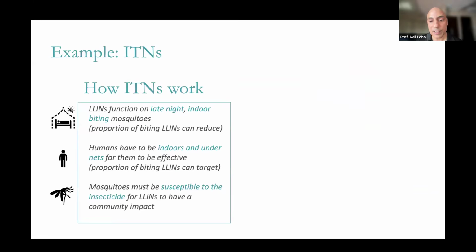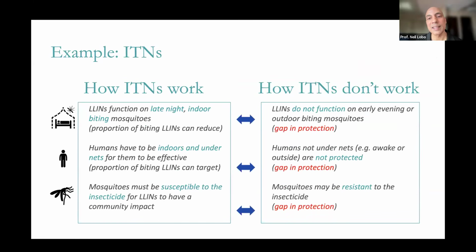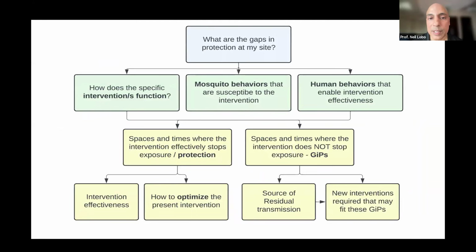the best we can. And as an example, do you remember this? That's just a simple example. I've redone this slide, showing you the slide, because we can do this for every single intervention. I've done this for IRS and spatial repellents and LSM, but I haven't presented it here because I'm sure you can do this. So when we look at a site, what I normally do is ask how do we best protect people? So we want to look at what are the gaps in protection at our site. And when we look at this, we immediately grasp how much we're actually protecting people at the same time, because they're two sides of the same coin. How are we protecting people? How are we not protecting people?